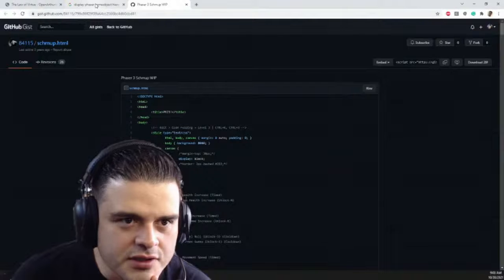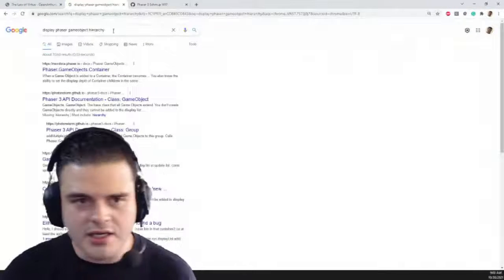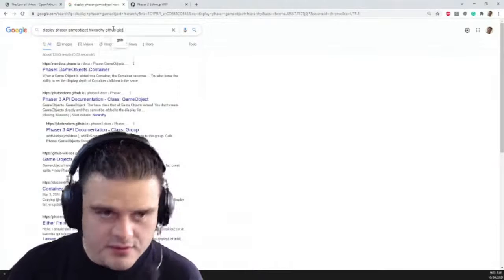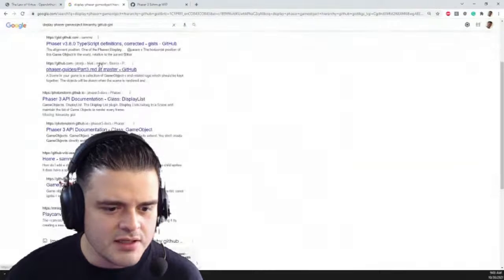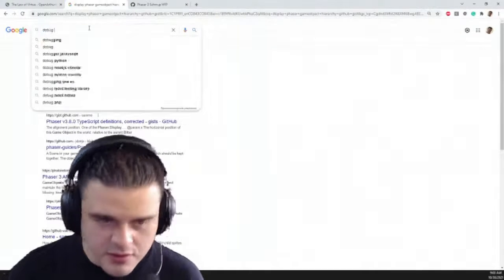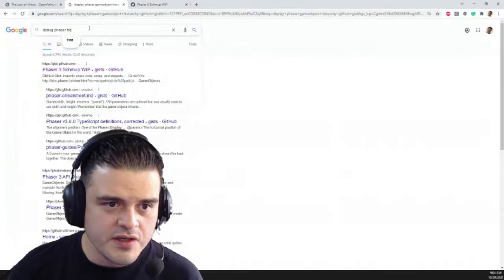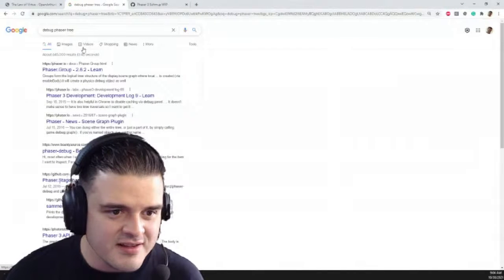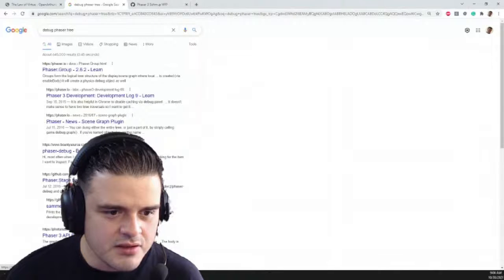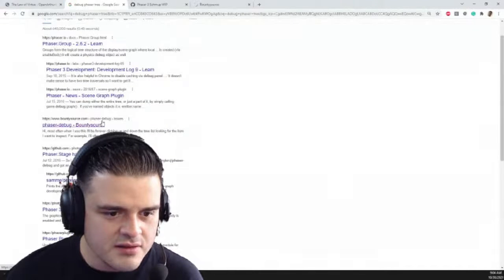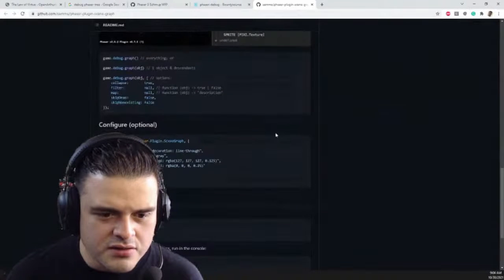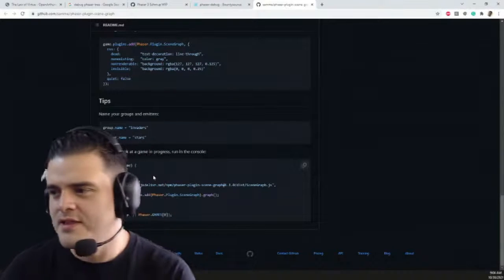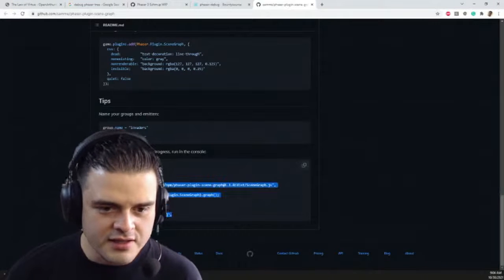Oh crap! No, it's not this. It was like a GitHub gist. I need to find it. Debug Phaser. Phaser debug. Was this it? Phaser plugin scene graph. Yeah, it was something like this. Scene graph. And it could be used like this. This is it. I found it. All right. So let's see what this